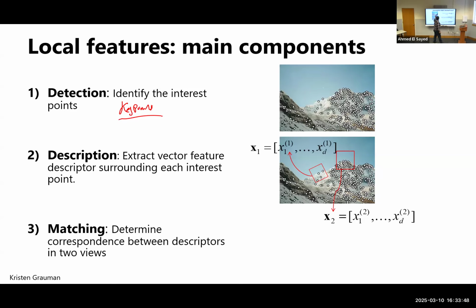Those key points will be points of interest in the environment where we are expecting to find useful information about the environment around them. That useful information, we will call descriptors or feature vectors. The feature vectors are the area surrounding every key point or point of interest we found